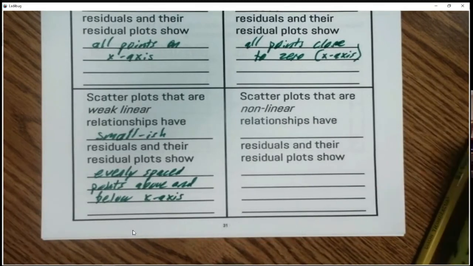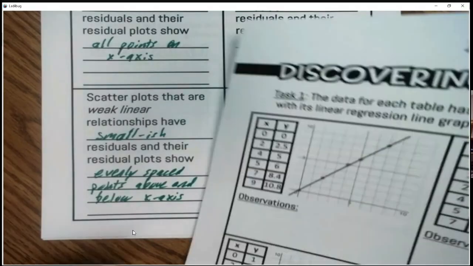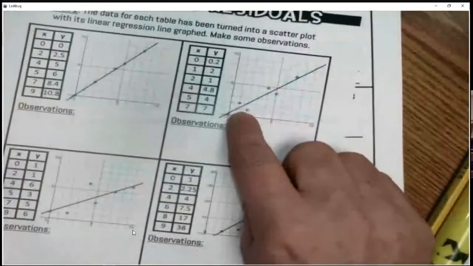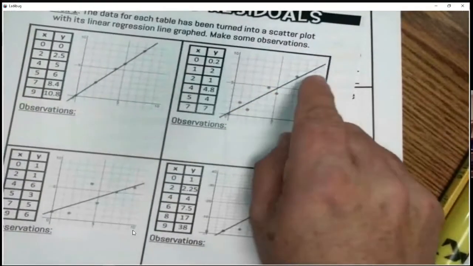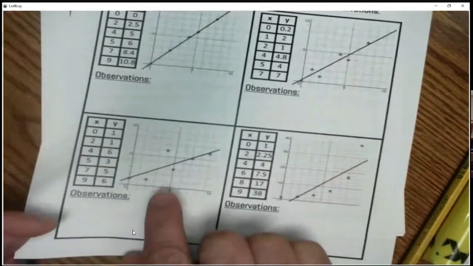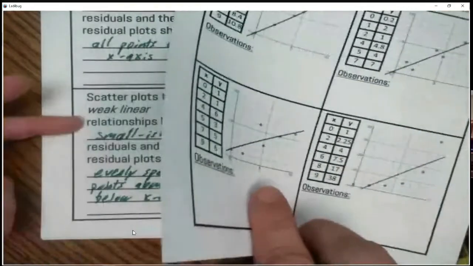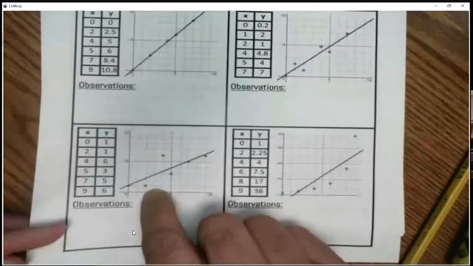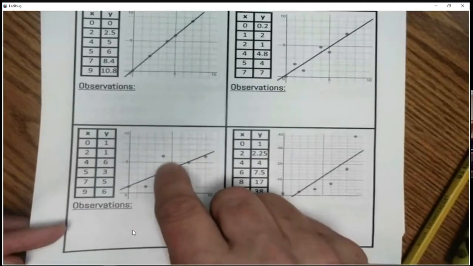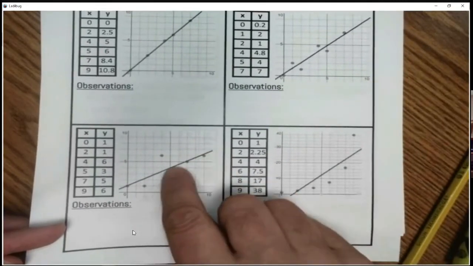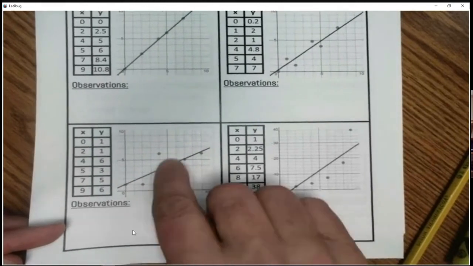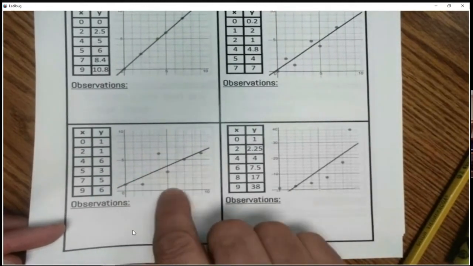Right? It may be evenly spaced points above and below the x-axis. It'll be spaced out a little bit farther. Like if we did the plot these points, I mean, these are going to be a little bit off either side. This one is a little weaker. It's a weak linear relationship. It is somewhat linear, but it's weak. But you're going to have points above and below if we plot those. See, these are going to be negative, so they're going to be below the x-axis. This is going to be a positive above the x-axis. You're going to see